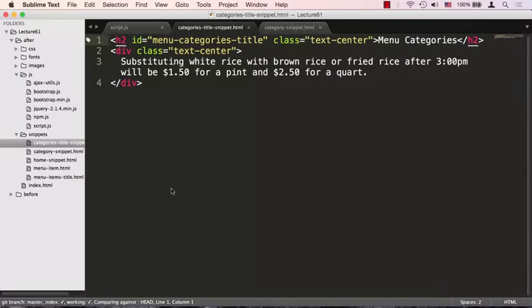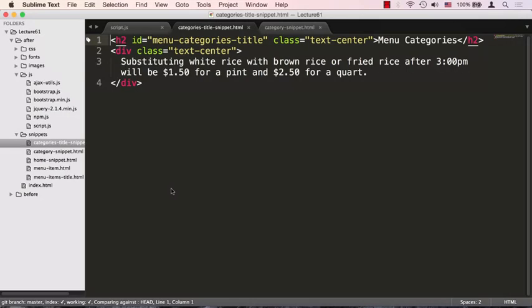Okay, so in part one of this lecture, we spoke about CORS, cross-origin resource sharing, and we spoke about where we're going to get the data. That is, we have a Heroku deployed app that is going to serve JSON with the data that we need. In this lecture, we're going to go over the code that actually makes the AJAX request to that app,